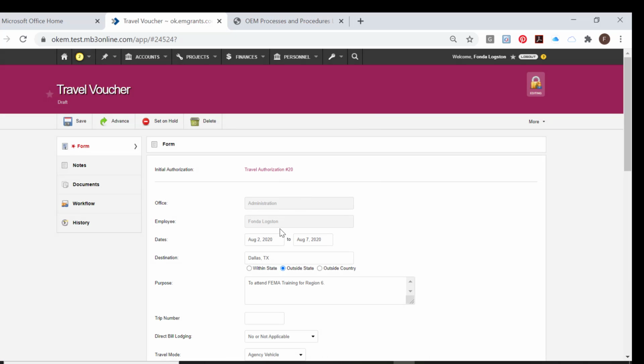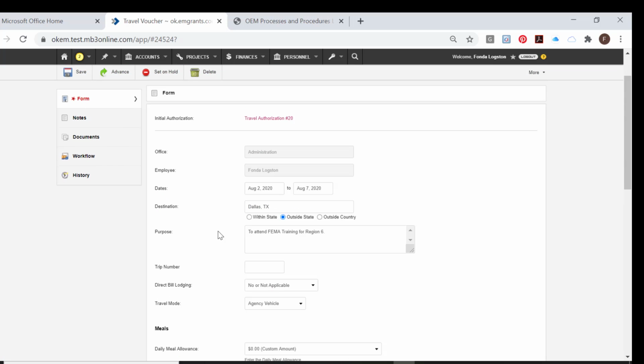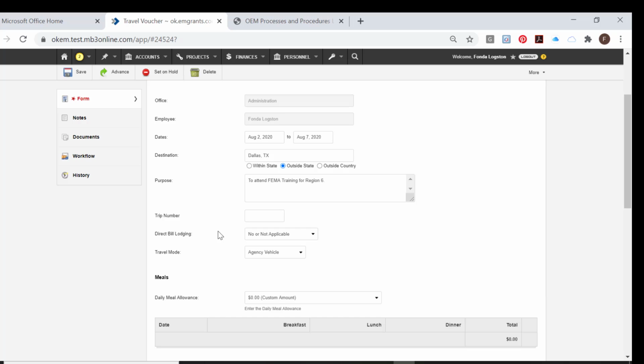And you will see it fills everything in for you, pulled over from the travel authorization. You'll also see the link back to the travel authorization. The next thing you're going to do is make sure the form is correct. You're going to leave the trip number blank, direct bill lodging